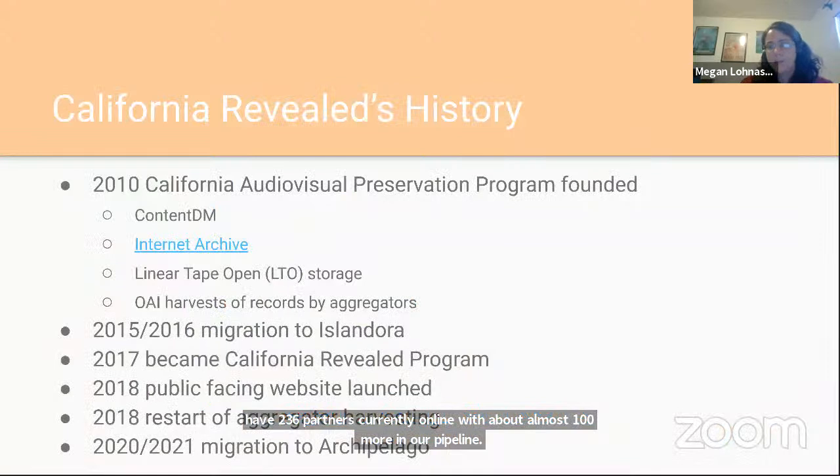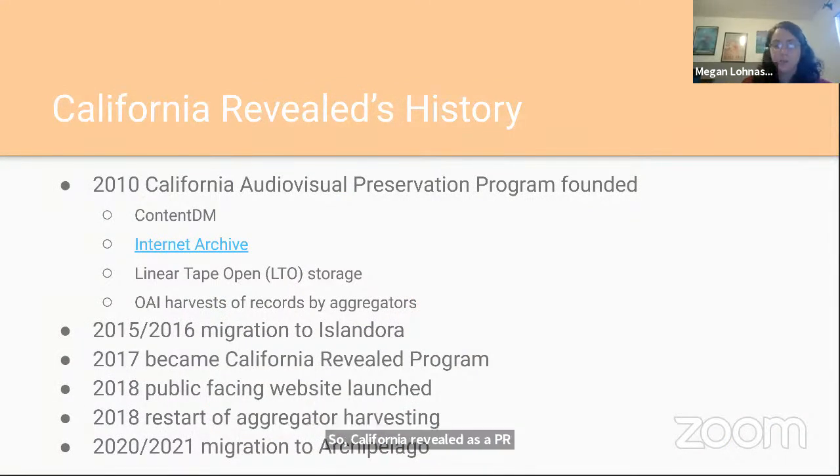So California Revealed as a program is about 10 years old, and this will be our second major migration. In 2010, we were founded as a California Audiovisual Preservation Program. We used Content DM as our original DAM. We used the Internet Archive as our access layer, which we use as a backup access layer at this point. We store all of our preservation master and access files for the long term on linear tape open storage